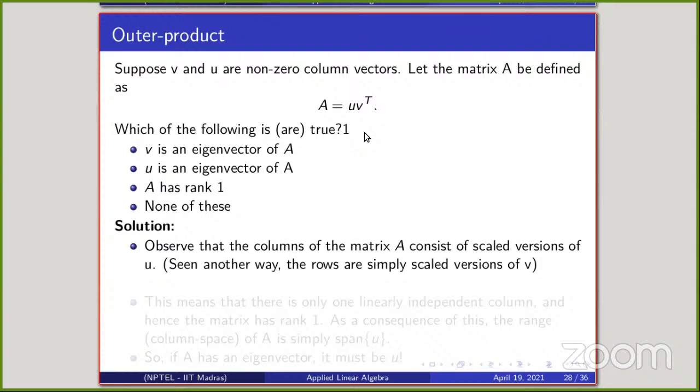We are given options and need to say which of them are true: V is an eigenvector of A, U is an eigenvector of A, A has rank 1, or none of them. In U times V transpose, each column of A is a scaled version of U, or each row of A is a scaled version of V. This means that all the columns of A are scaled versions of U, which means the rank of A